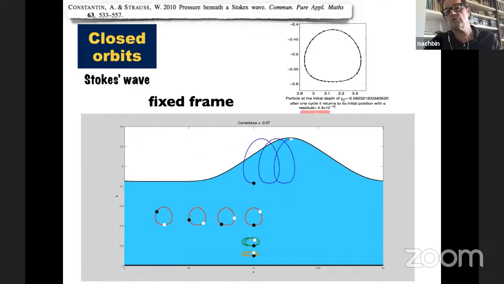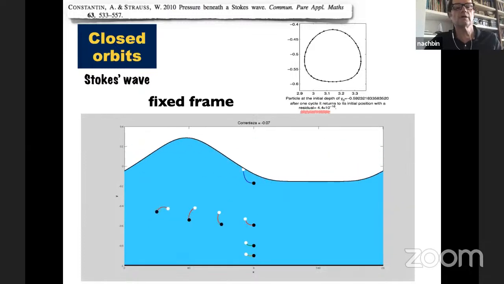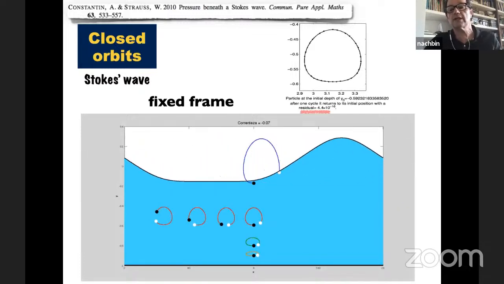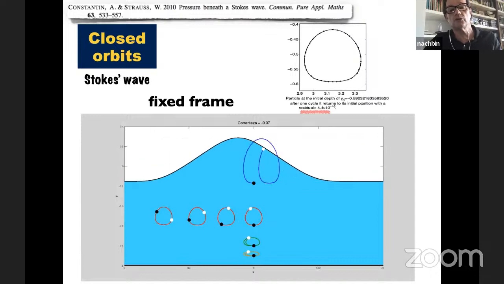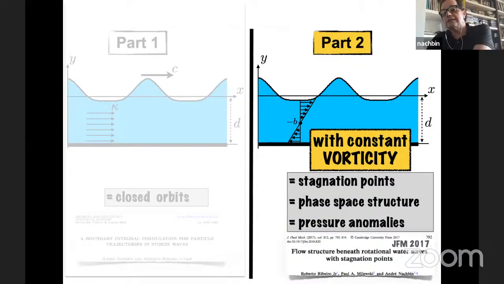So this was a very good warm-up for trying to do this submarine dynamics. Then we're going to go to part 2. And in part 2, things I think get more exciting and are of more interest to the people in analysis, and so on, for many reasons. With constant vorticity, suddenly a beautiful structure appears beneath the wave, something I was not aware of, very beautiful. So in the moving frame, now it's of interest.